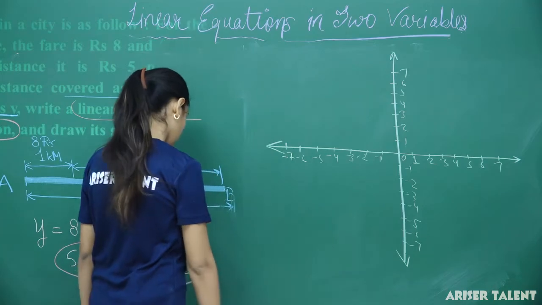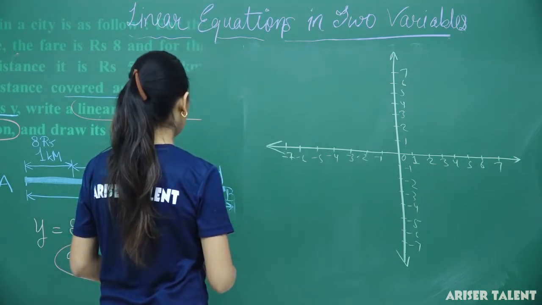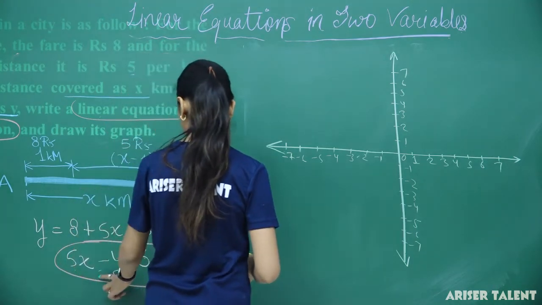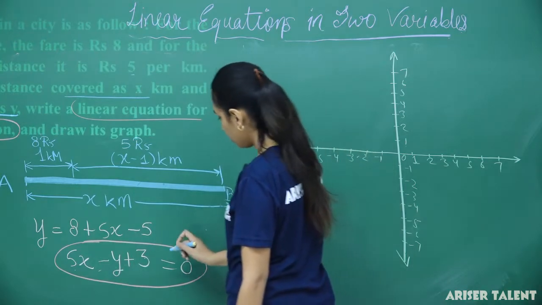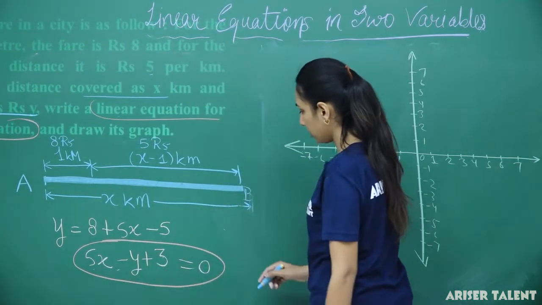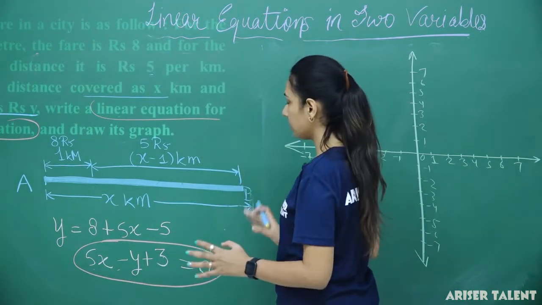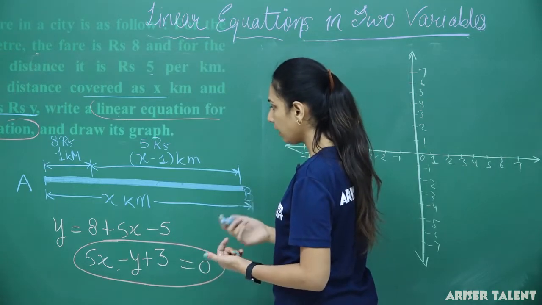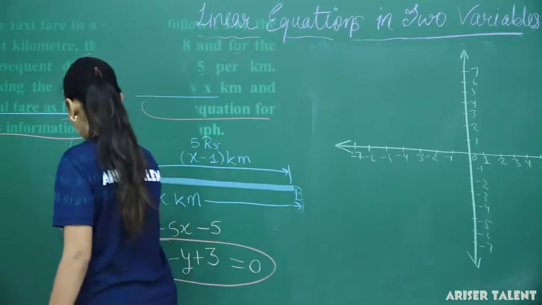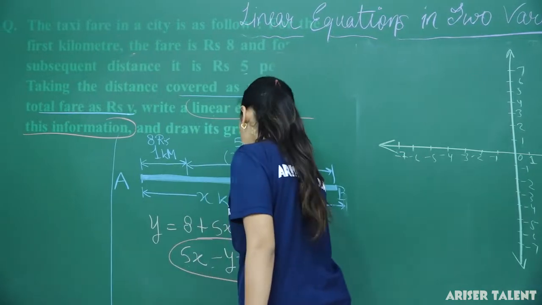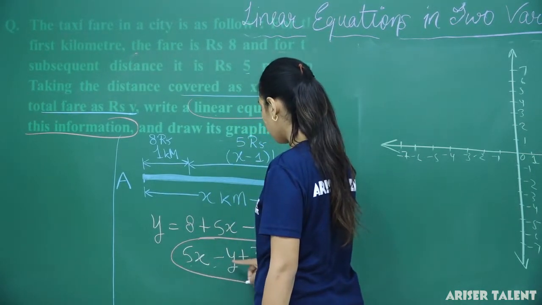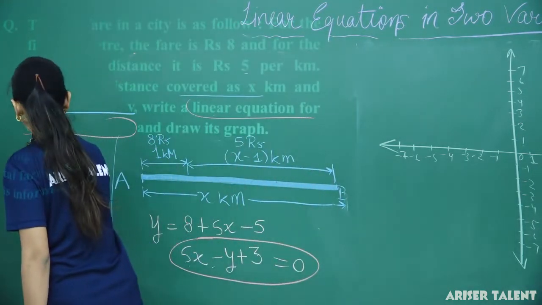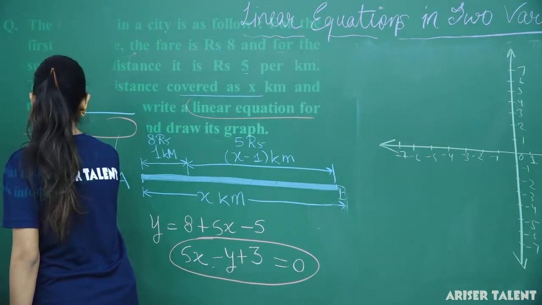Now if I put values in this equation, let us suppose the value of x is 0 here. Do it very systematically, how you do that. So if I take this equation, 5x minus y plus 3 equals to 0,